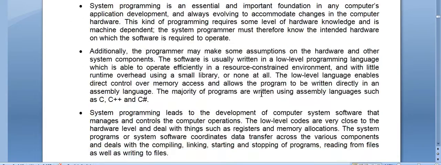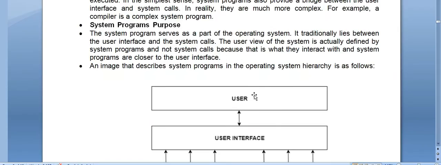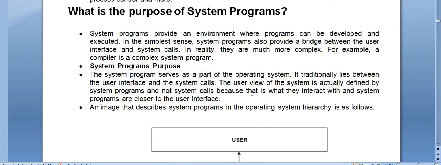Here you can see what the purpose of these system programs is. System programs provide an environment where programs can be developed and executed. In a simple sentence, these system programs are a very essential part because they provide a bridge between the user interface and the system calls.